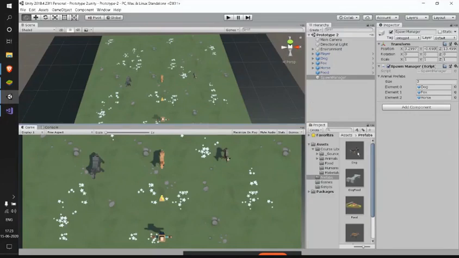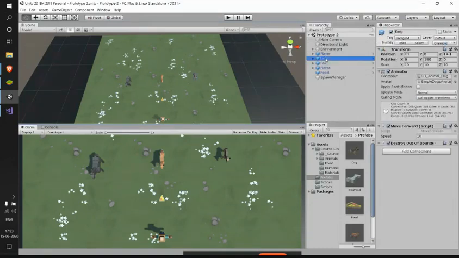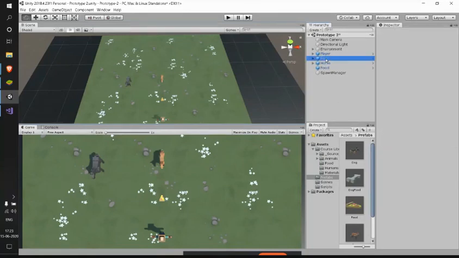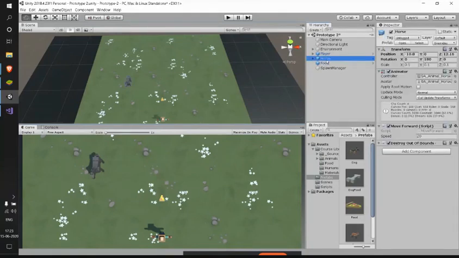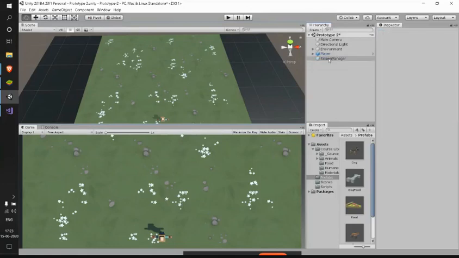Instead of working with these game objects, I don't even need them now. Let me just delete these animals, since I'll be generating them anyway.